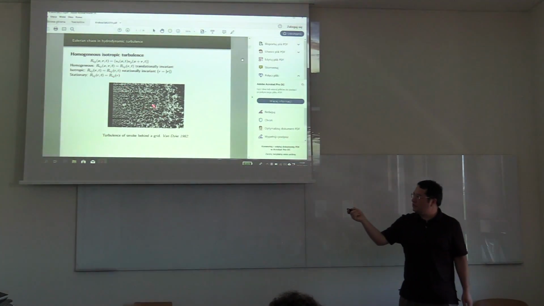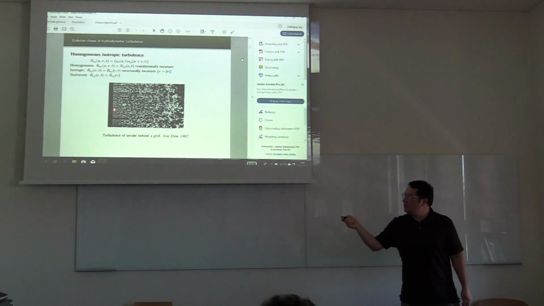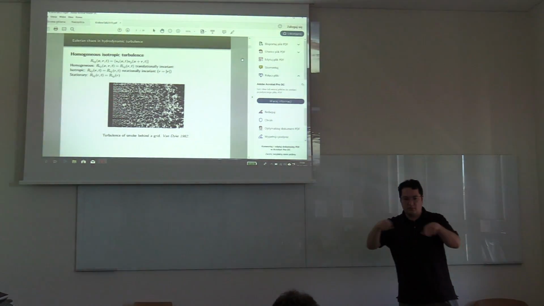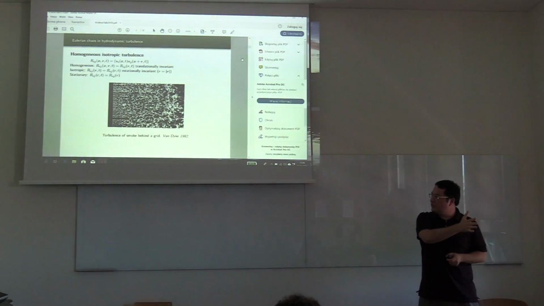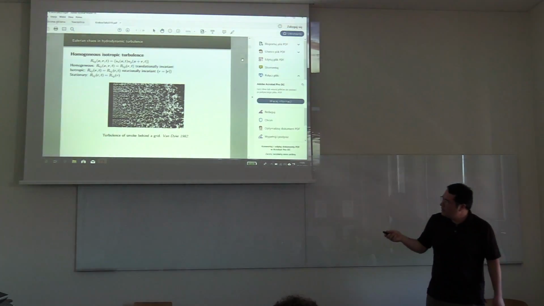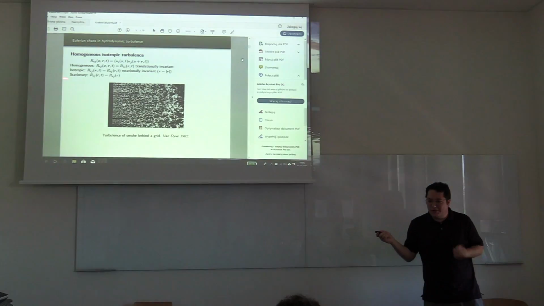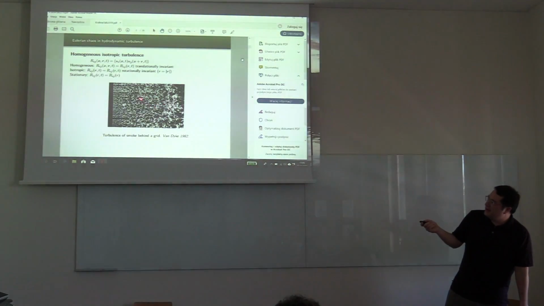So this is an example of homogeneous isotropic turbulence, and physically, what's happening here is that we have a grid, and then we have smoke which is pushed through this grid, and we have a turbulent pattern generated behind it. Now, if you have a small enough box, then you can see that the statistics of the flow will not depend, beyond a certain point, on the translation or rotation. Okay, so we don't actually look at experiments, we look at simulations of homogeneous isotropic turbulence. So this is the